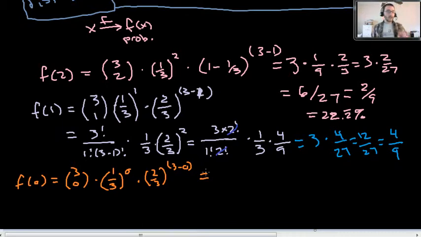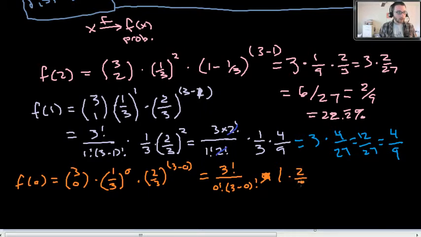3 choose 0 is how many ways there are to get 0 successes in 3 trials, and there's only going to be one way. It's going to be fail, fail, fail, right? But just to expand it, I can show you. We have 3 factorial over 0 factorial, which is 1 by definition, times the quantity 3 minus 0 factorial. Oops, not times, right? Times 1/3 to the 0, which is 1, times 2/3 to the 3rd power, 2/3 cubed, which equals 3 factorial divided by 3 factorial, which reduces to 1, times 1, times 2/3 to the 3rd, which is